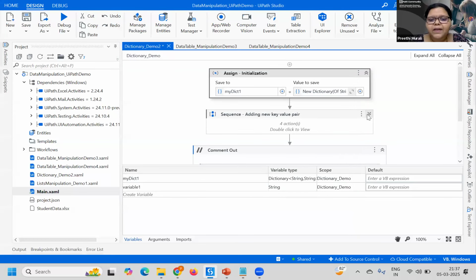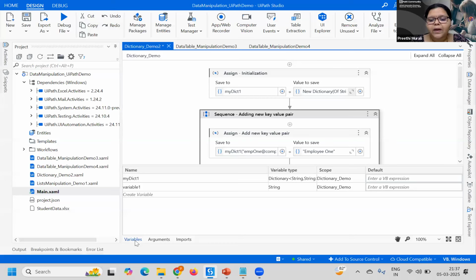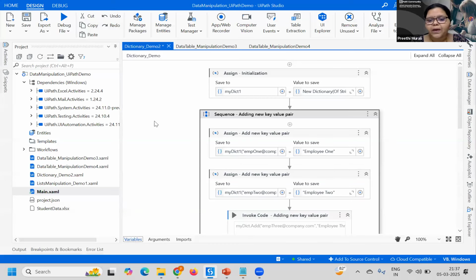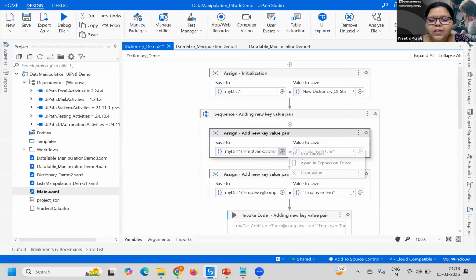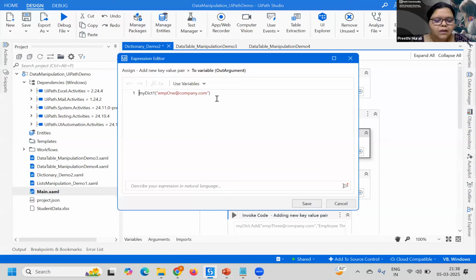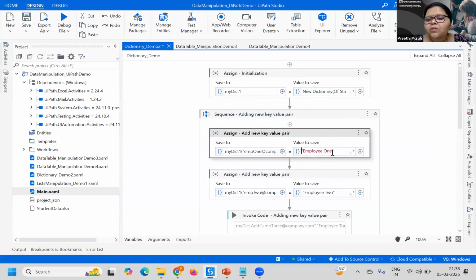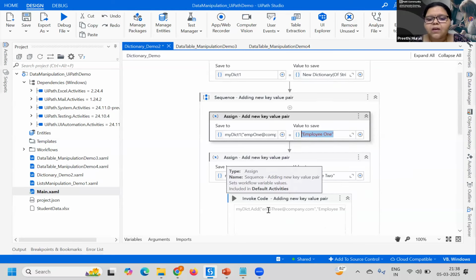So then the next thing is, there are different ways to add the key value pairs. So the simple way is just to use an assign activity. So how you are going to assign it? You're going to use my dictionary, the name of the variable, and then you're going to give the key. Whatever key you want to add, you're going to give the key here. Okay. And then you're going to give the value to save. So it will create a key value pair employee1 at company.com with the value employee1. Okay. So same way,